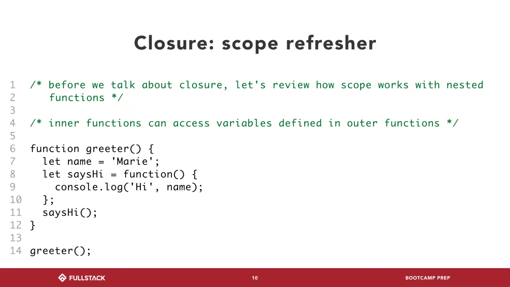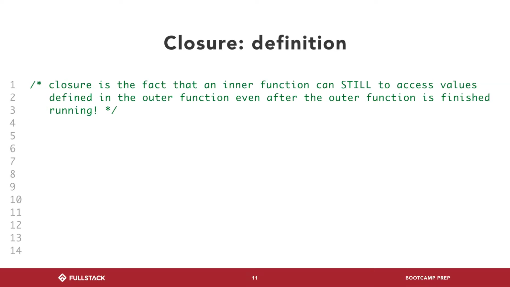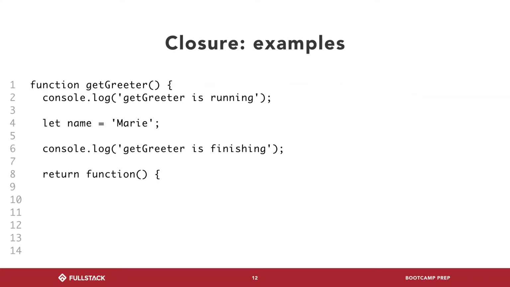Why? Because once again, scope is defined based on where you're created, not where you are used, right? We've created say hi here. Its scope is defined. I can use say hi anywhere else on this page, and the scope is still going to be the same. So that's what this basically says in a nutshell. You can read it yourself. But if we now look at this function,